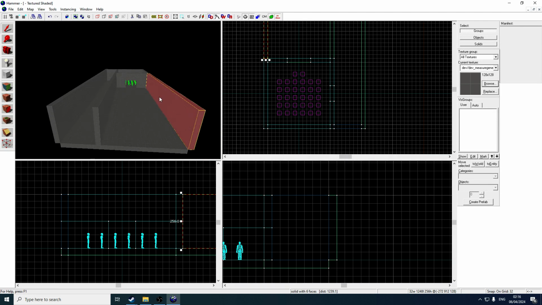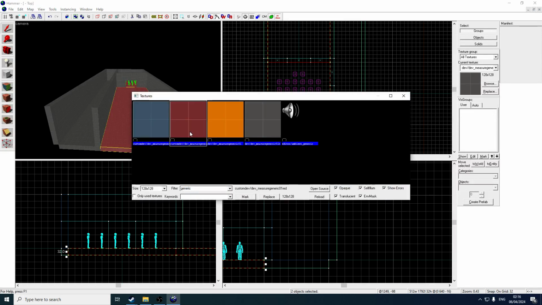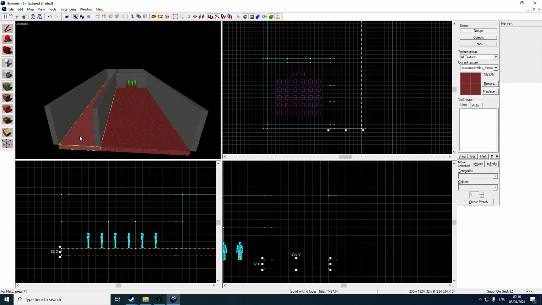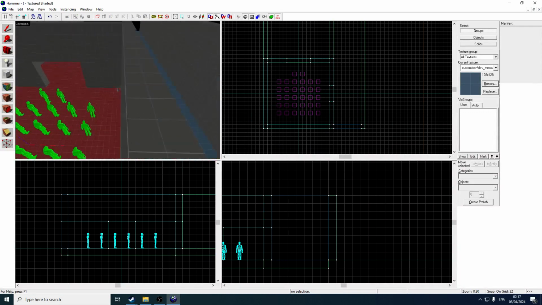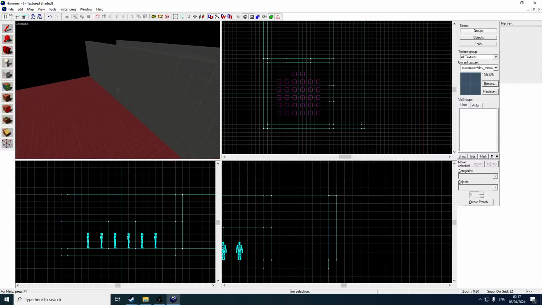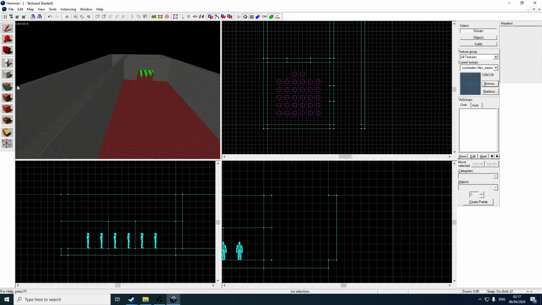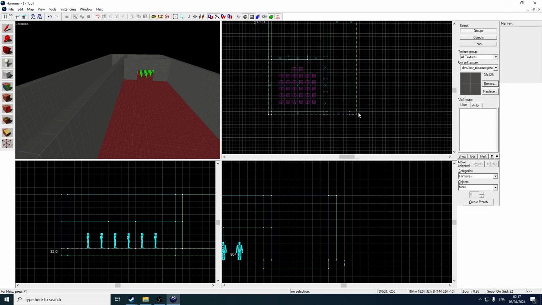Now we should really give it a bit more colour. So I'm gonna make the floor red, just to give it some colour. I'll make Hail's floor blue. Just nice to have a bit of colour, don't you think? Walls can just stay grey. Now, what I'm gonna do is put some... I'm gonna be really cheap here and just put